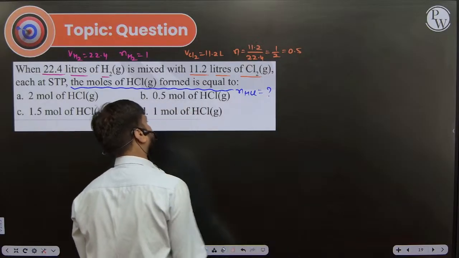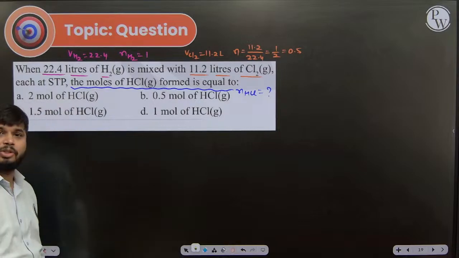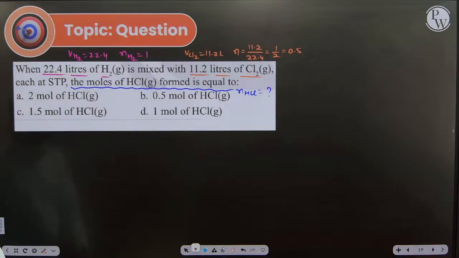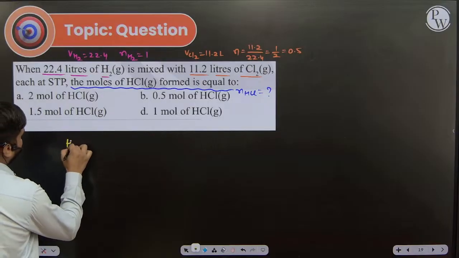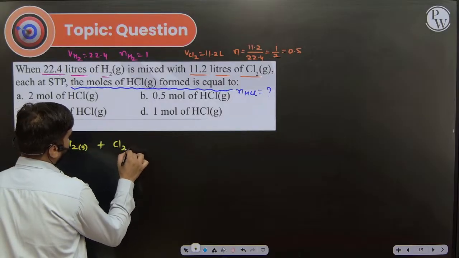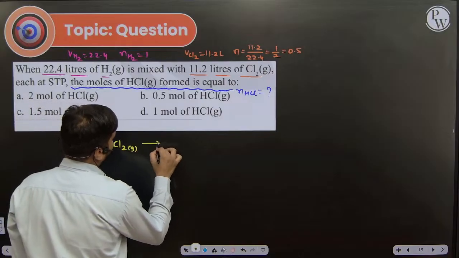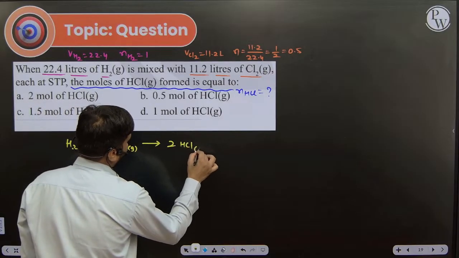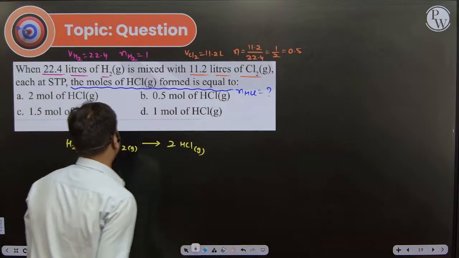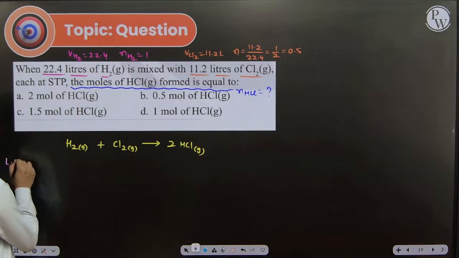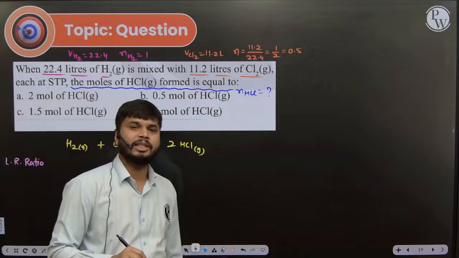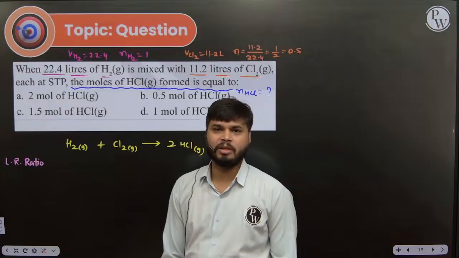Let's discuss about this. So first we have to write down the equation, and then we can proceed for the question. So we are having H2 gas plus Cl2 gas converting into 2HCl gas. Okay, now in this, let's calculate the limiting reagent ratio. The limiting reagent ratio will be